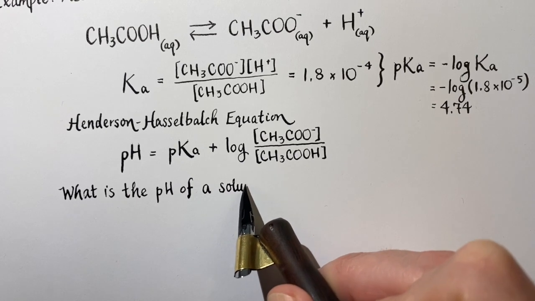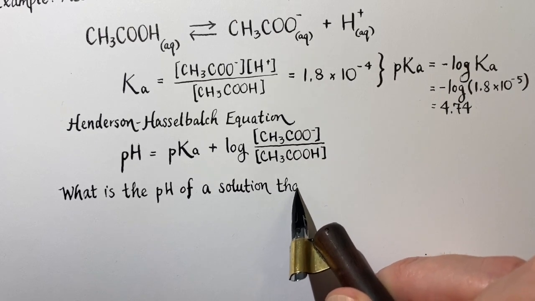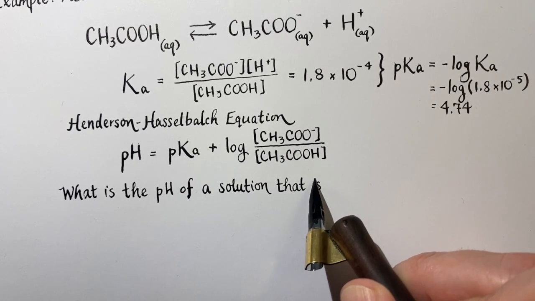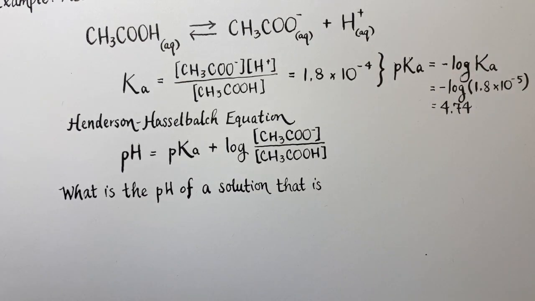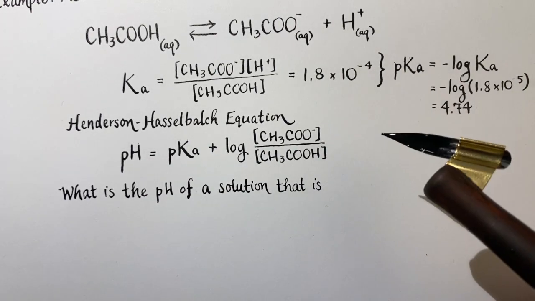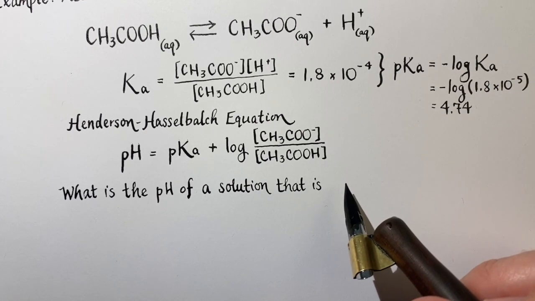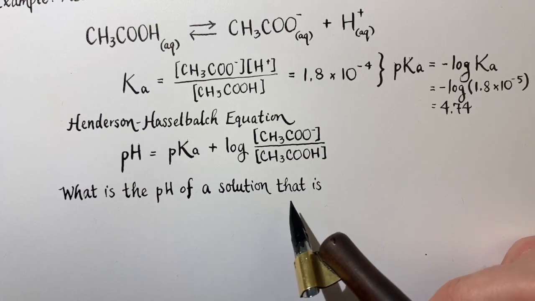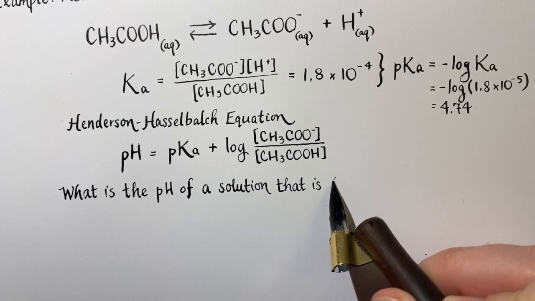And I want to start with a solution that is, okay, so I'm going to start with a solution that has only acetic acid, okay? And so we can look at that as kind of like the baseline, the starting point before we add the acetate, before we make it into a buffer. And then we have a set point for comparison. Okay, so what's the pH of a solution that is, let's say,